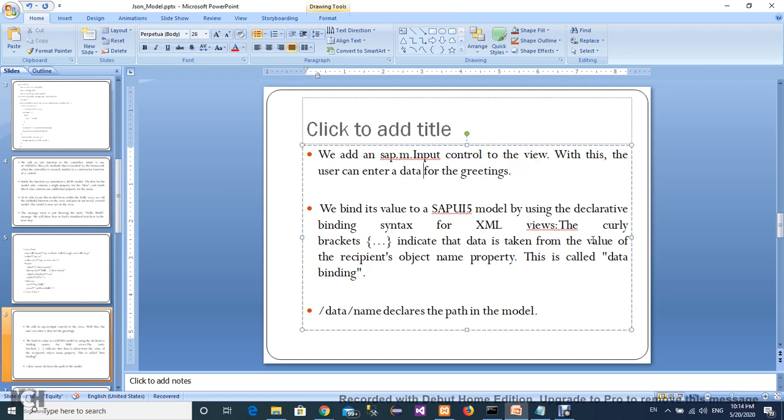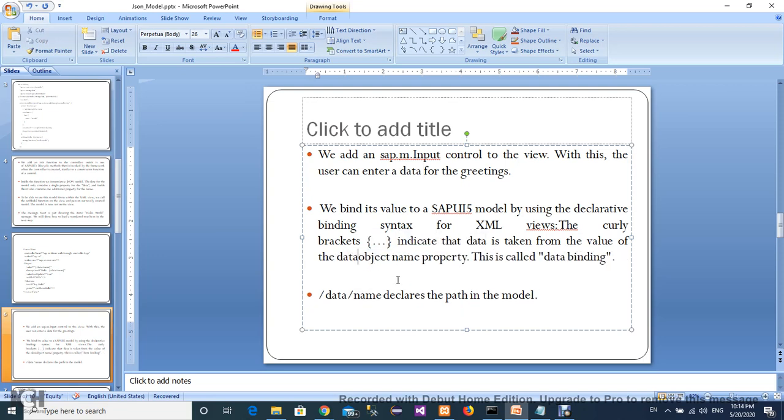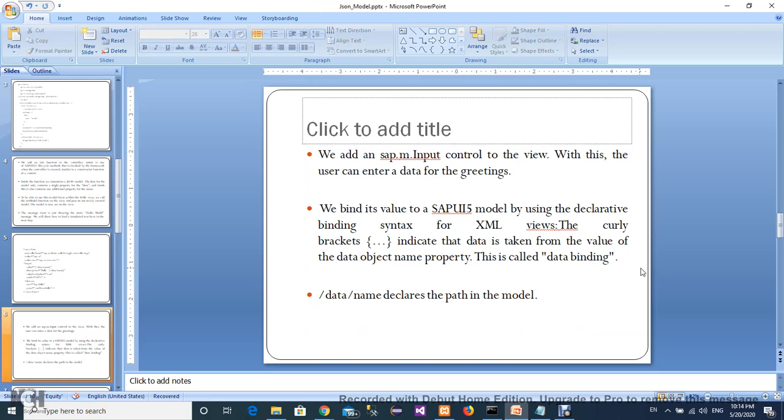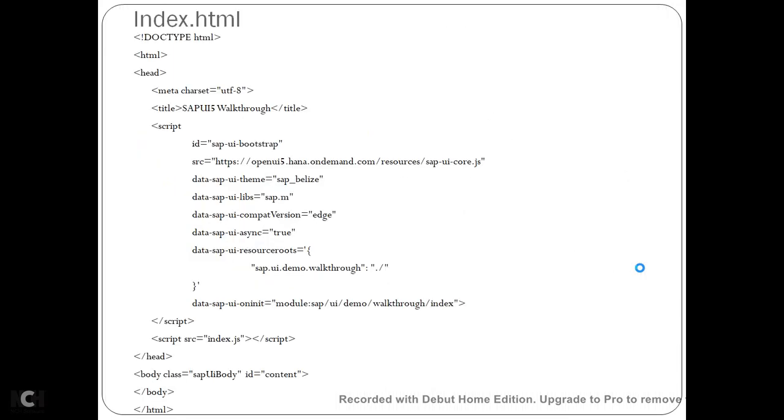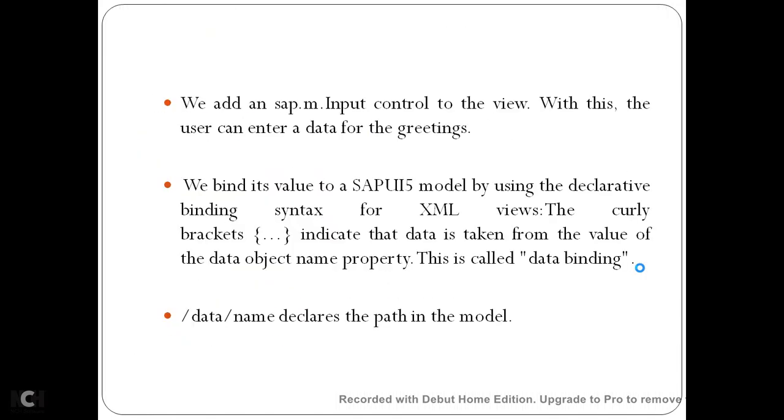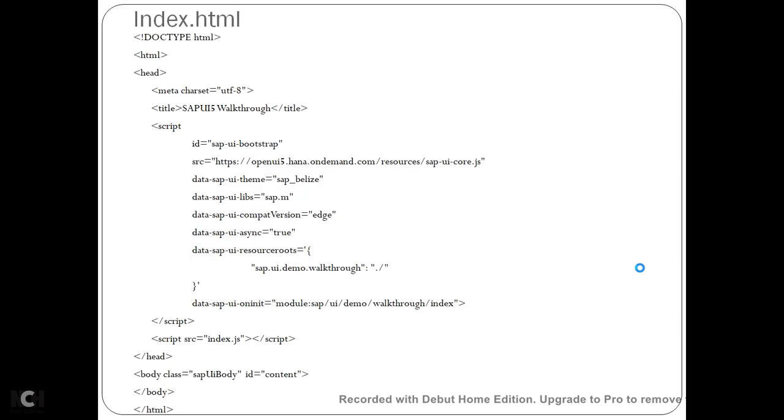Declarative binding syntax in XML view: curly brackets indicate the data is taken from the value of data object's name property. This is called data binding. Data/name declares the path of the model.